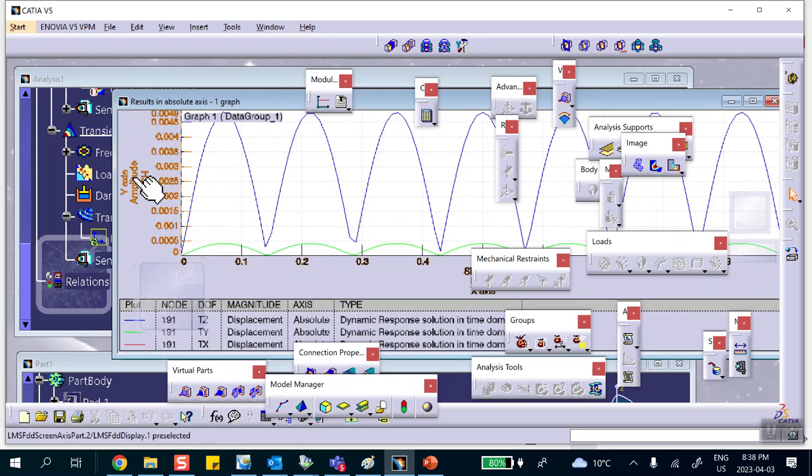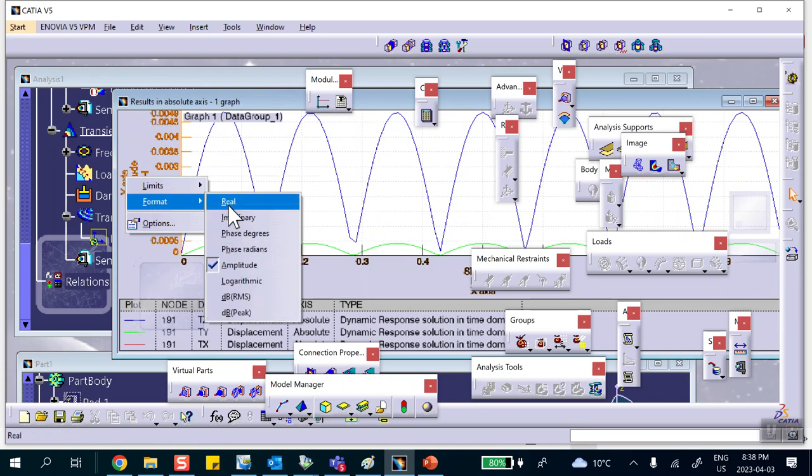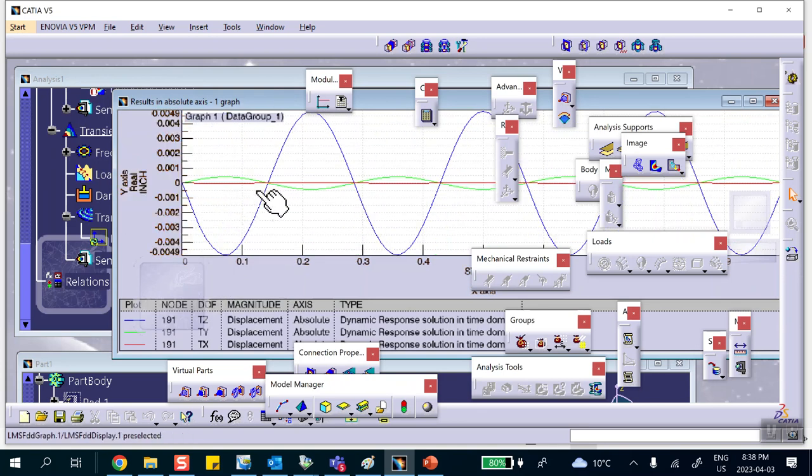Now the thing that I want to do is I don't want it in amplitude form. I want it in the real format, real. There we are. And please note that these displacements are very much the same as what I got before. Now, this is the displacement in the horizontal direction,